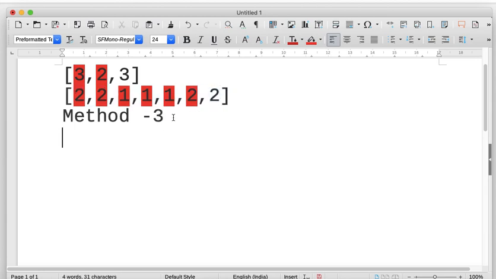This is just based on intuition, right? If I have an n sized array and some element occurs more than n by 2 times, then when you cancel all the elements that are not the majority element, there is only one element remaining, and that has to be the majority candidate. If there is a majority element, then it should be that one, because it is present more times. That is the basic intuition behind this problem.